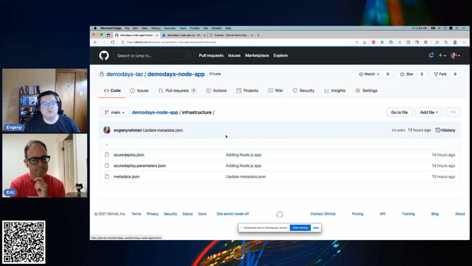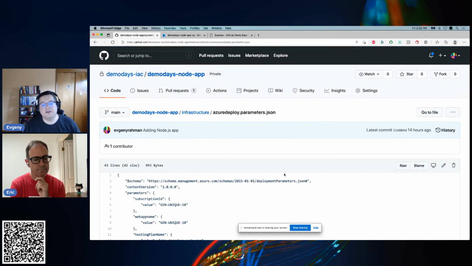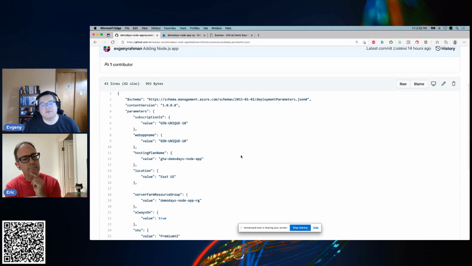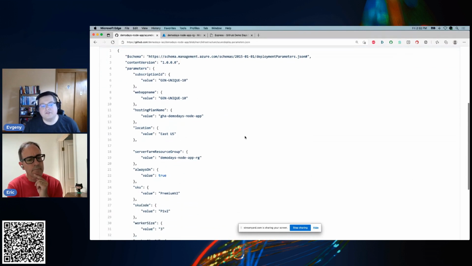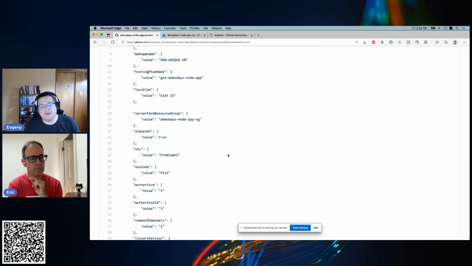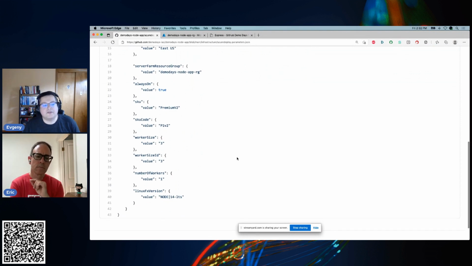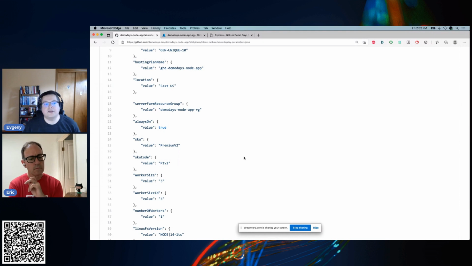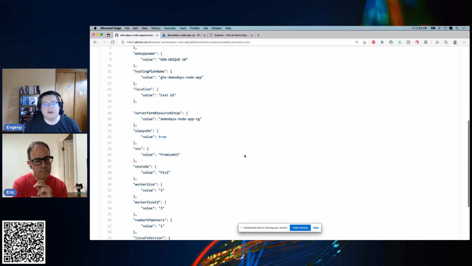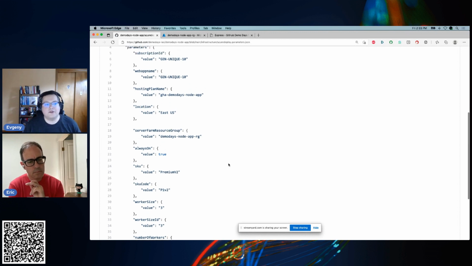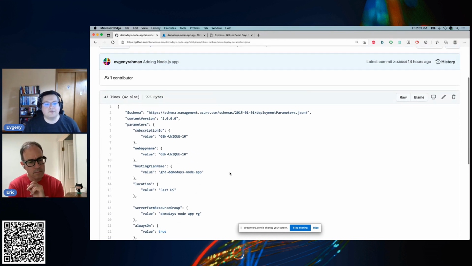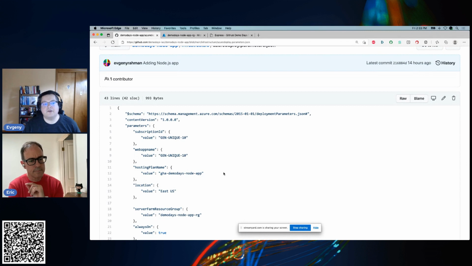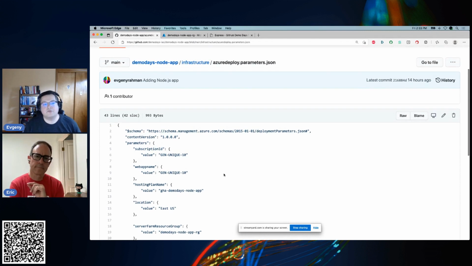Then we move over to the parameters, and this is really where you say, hey, this is going to be the name of my app, this is going to be the name of my resource group, I want this kind of instance, I want this kind of operating system, I want this many workers, meaning how many processes I want to serve the requests at the same time, right? That's where you plug in the variables to determine the size and shape of things, and you follow the template, which really provides the general idea of what the layout will look like.